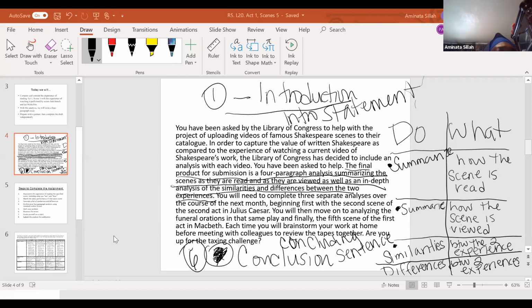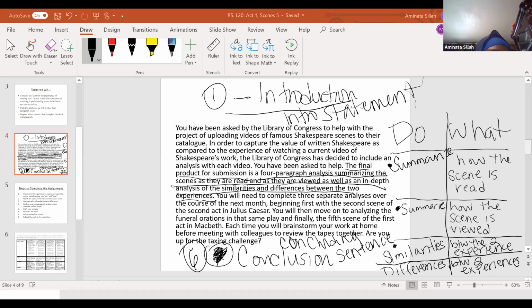Go ahead, Katie. Quincy, please turn on your camera. Go ahead, Katie. For the introduction and the conclusion, for the intro, are we going to put it together with the first paragraph? You'll do it as just a short sentence. So it will be its own paragraph, but it won't be a full paragraph.